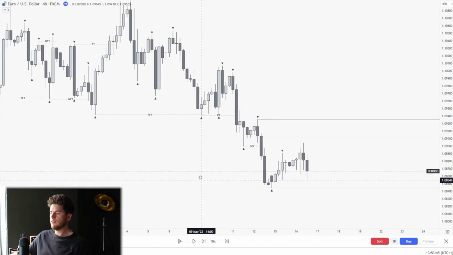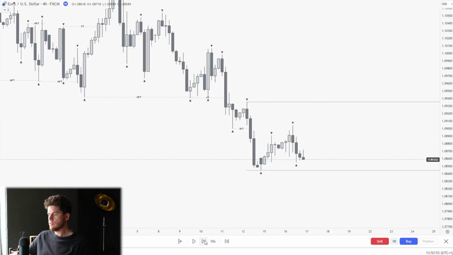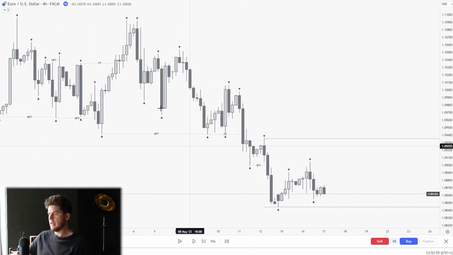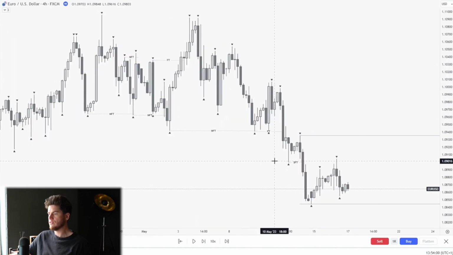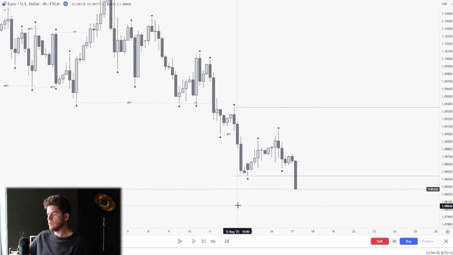And with strong follow through as well, it doesn't mean that you can't wait for premium pricing to sell. You can sell anywhere in this range. Obviously knowing that, especially in a bearish market, producing lower lows and lower highs, right? You can't avoid that zooming out. But we're trading with momentum on interaction points. You are more likely to see successful sells in premium pricing, but with strong follow through, you can still take